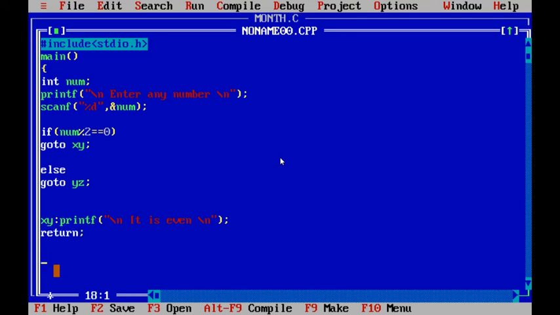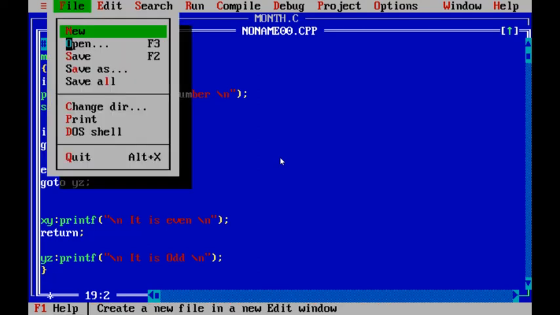End of this yz colon followed by printf double quotes \n it is odd \n for getting new line semicolon. End of the program. This is the program to find the given number is even or odd by using the